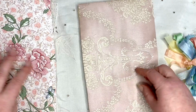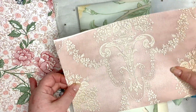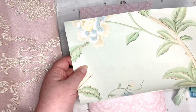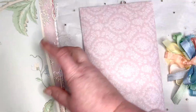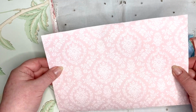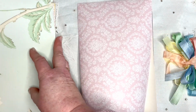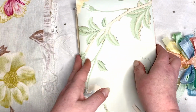So there's that one. Then we've got this one that I use quite a lot, the pinks, beautiful. This one, another vintage one, I use this a lot, so that's really lovely. And then another one that I've got that I use a lot, this beautiful light pink one. So those are the packs that I've put together, and I've got 2 packs like this that I have put